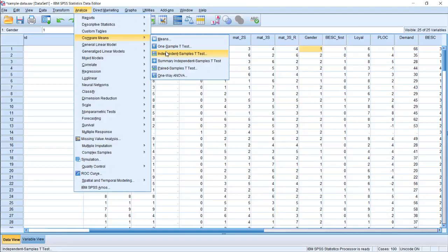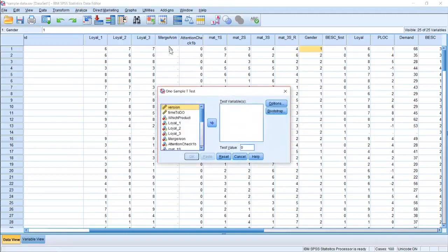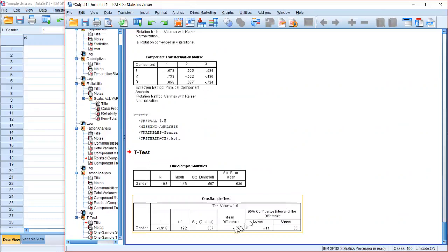Is the average of gender different than... in fact, let's do it. Gender, and there's a test value of 0, so it's going to test, is the average gender score different than 0? And it will be, because every single answer is 1 or 2. So maybe I'll put a test value of 1.5 in here, because if there's an exactly equal number of men and women, the average score should be 1.5. Okay, take a look at this. And what we find is